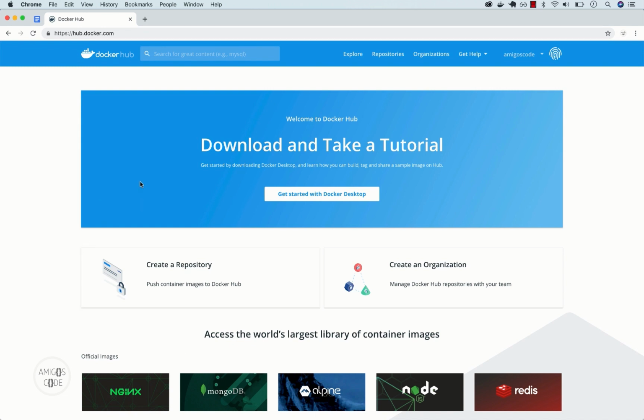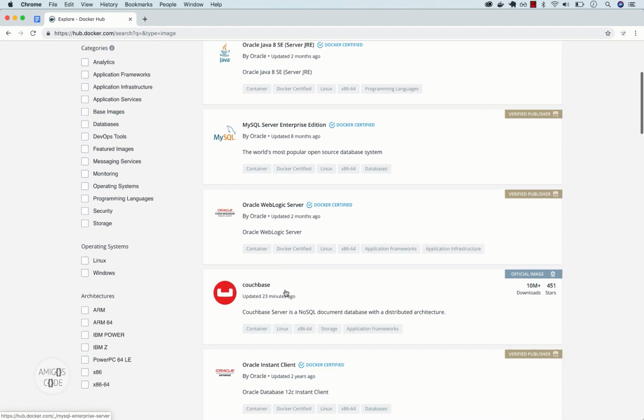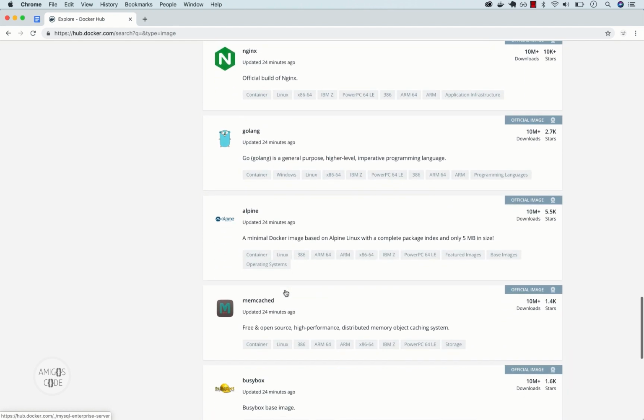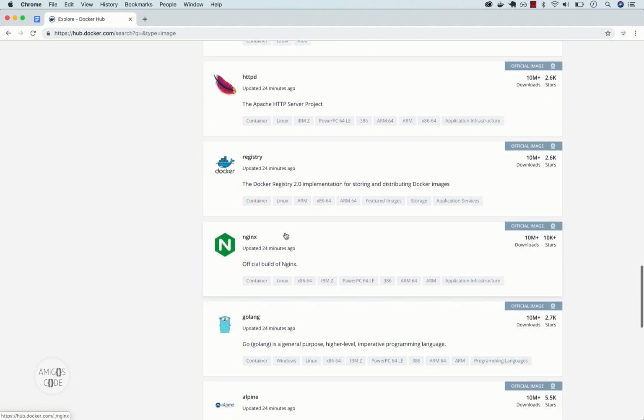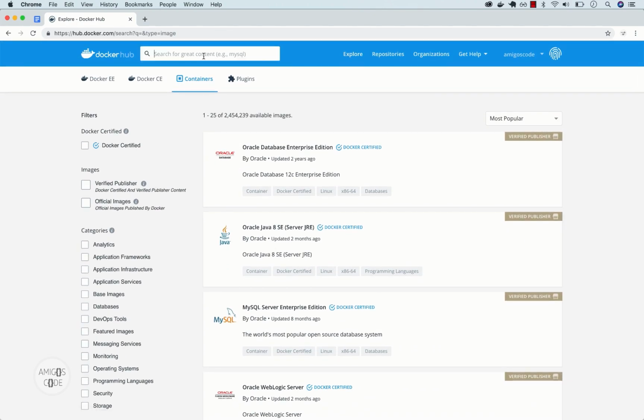So you can see that I can explore some images. Let me go ahead and simply explore, and you can see that there are tons of these images, right? I can scroll down, and the list is endless. The one that I want to try out with you is this one, Nginx. If you don't see this image right here, scroll up, and right here simply type